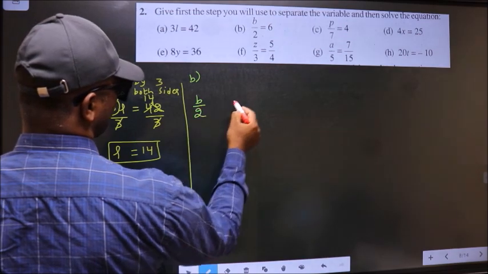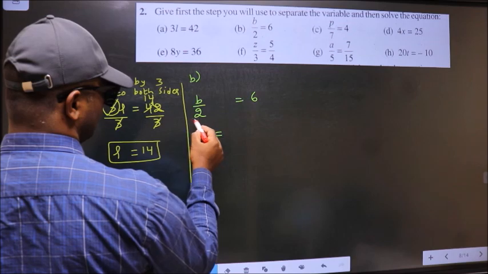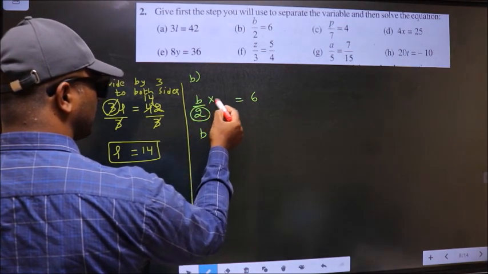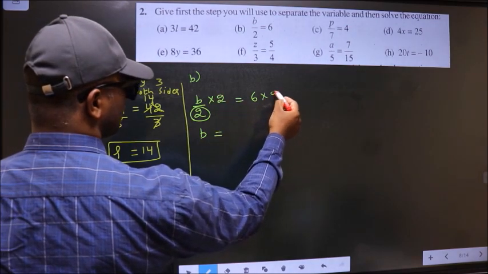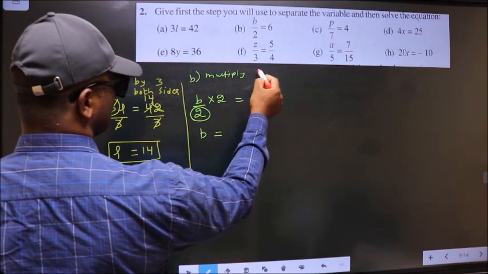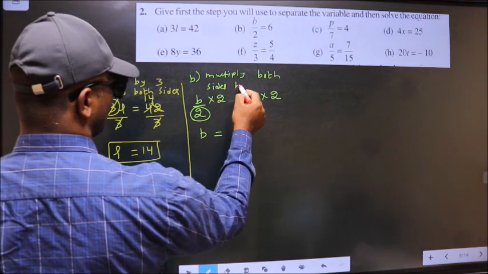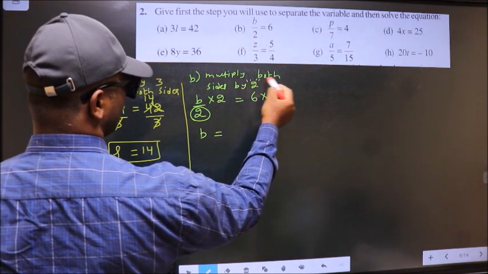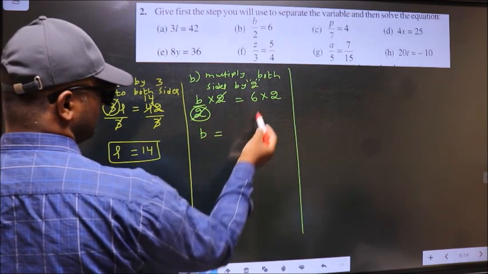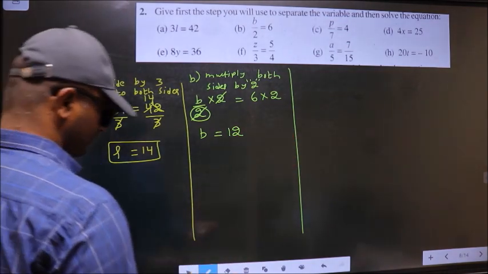b by 2 equal to 6. Now to get value of b, we should remove 2 from here. To remove 2, we should multiply by 2 on both sides. So step is multiply both sides by 2. So this 2 cancel out, here b, and here 6 into 2, 12. Next,